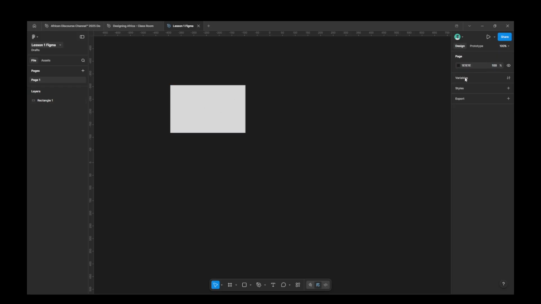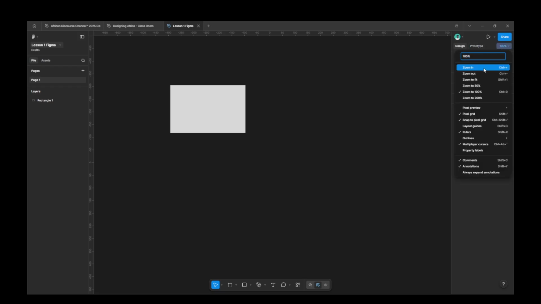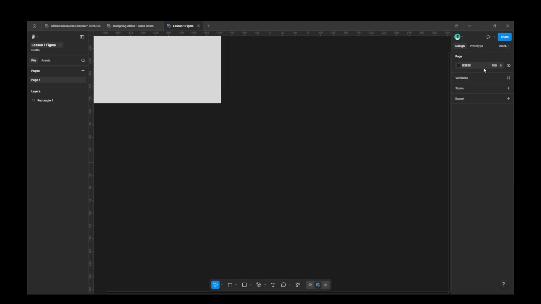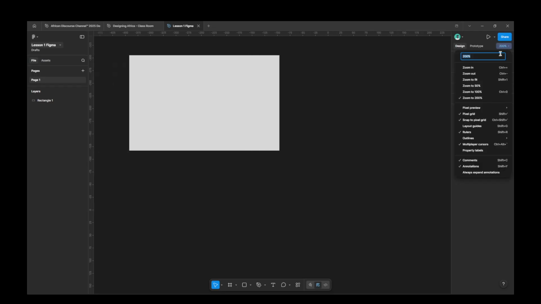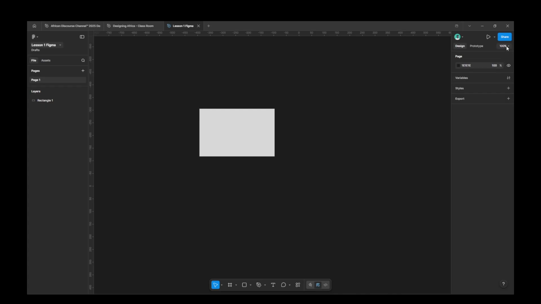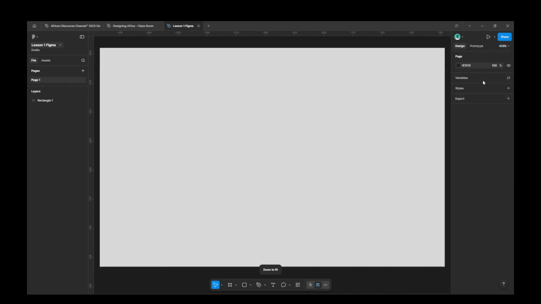You can change the background versions like I spoke of, styles we look at later, and export we also look at later. And prototyping, also UI related, we'll also look at that later. Then this is the size of the design. You want to zoom, we do that here. I want to zoom out, zoom to fit, can do that